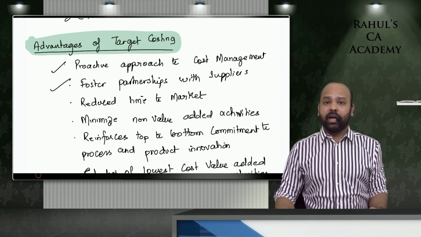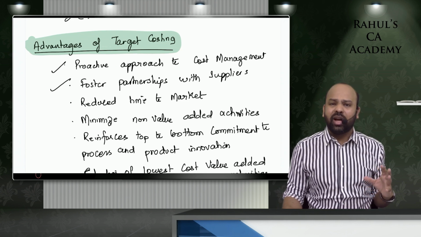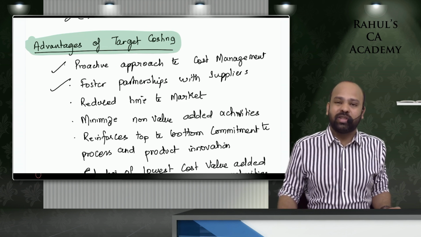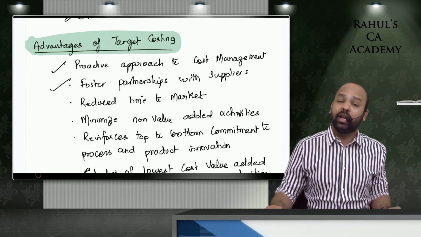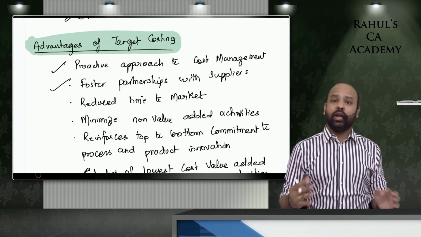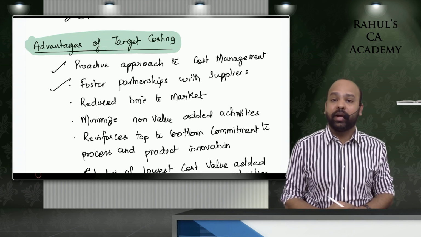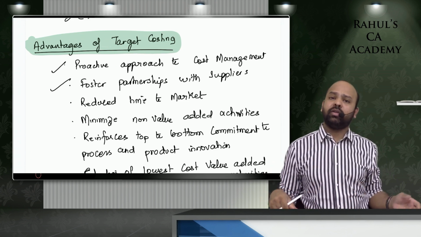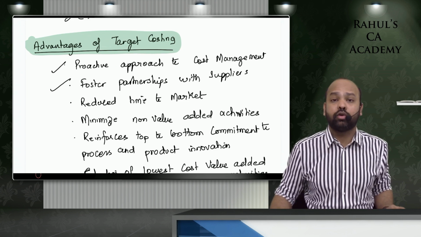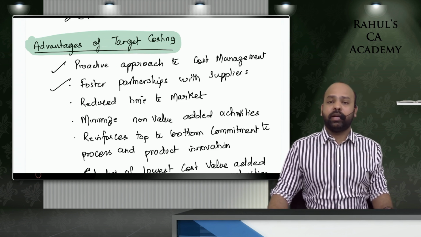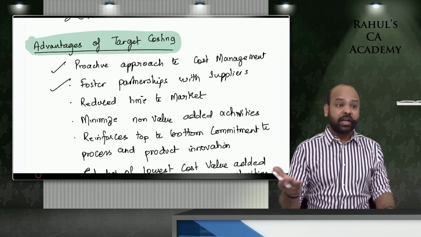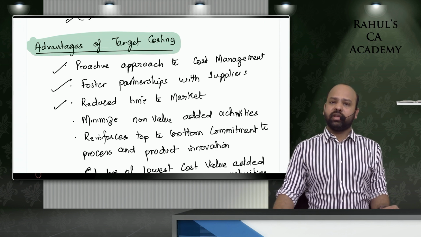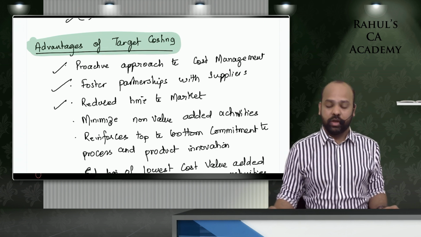Foster partnerships with suppliers. In your search for cost reduction, undoubtedly there will be strategic partnerships with your suppliers, wherein you will try to reduce the cost per unit. You will work with them collectively to see how the raw materials can be designed separately, and you will be able to simplify the design of your own product. We have learned about this under EFQM also, the European Foundation for Quality Management. Of the 5 enablers, one enabler is partnerships and resources. Partnerships with your suppliers. Reduce time to market. Simplified designs of the product will ensure that you're able to deliver the product faster in the market.